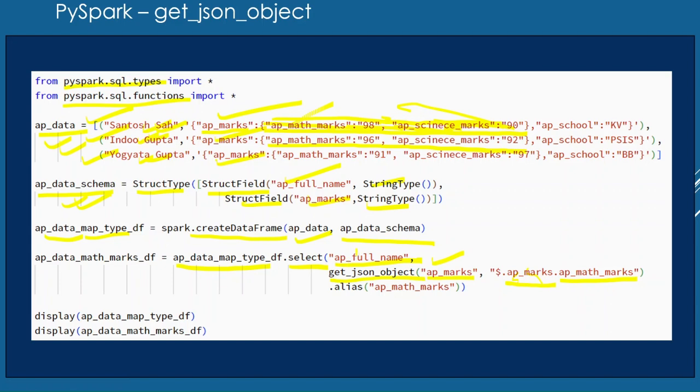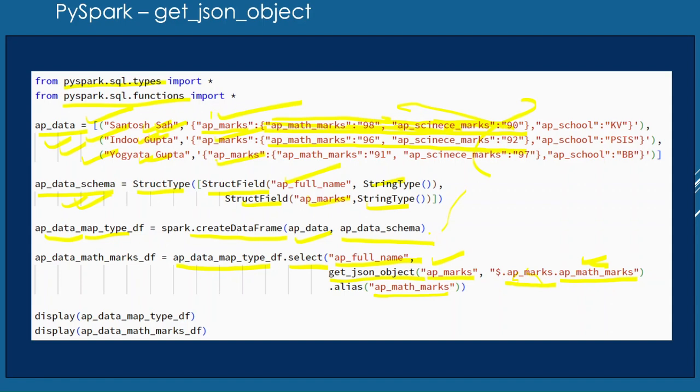And we are just saying that whatever content gets populated from here, just make the alias name AP math marks. So it's a little bit complicated, but when I show you in Databricks, it will be very easy to understand. To save time till here, I am going to copy this code from my previous exercises.